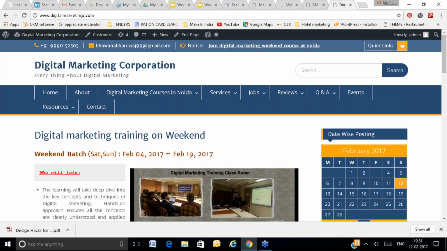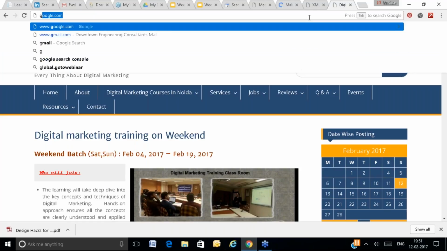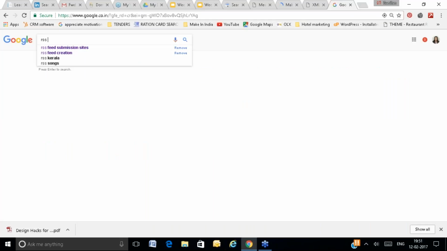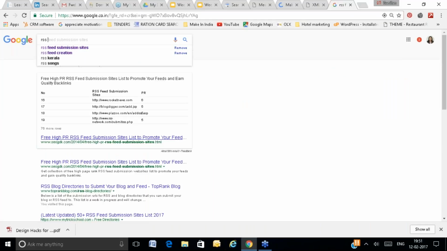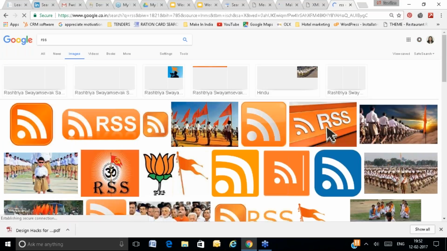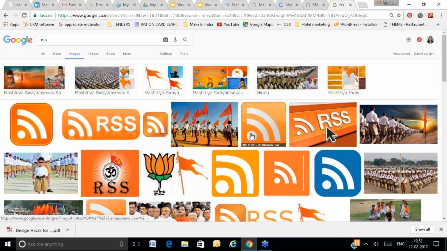No worries. So you can go to Google and search RSS and just go to the image part. Have you seen this kind of sign? Have you ever seen this kind of sign?